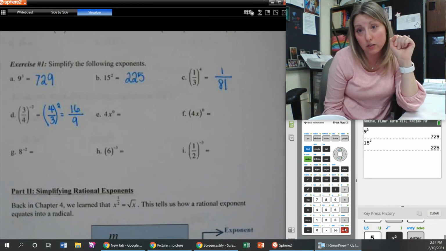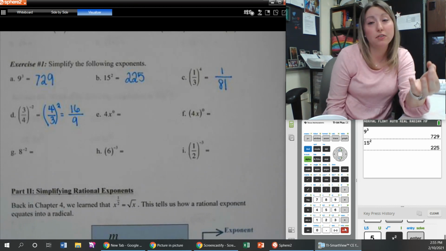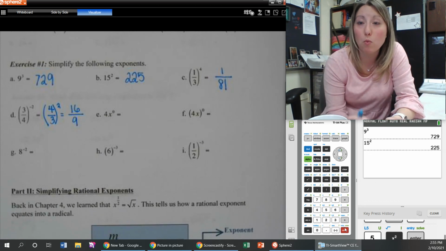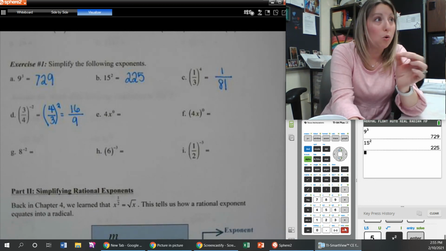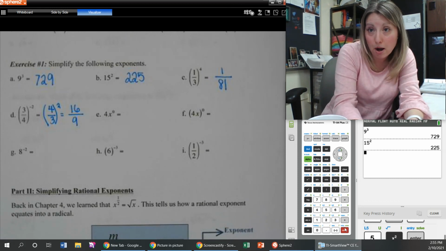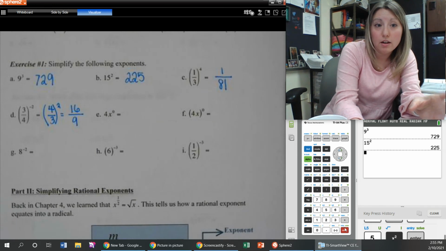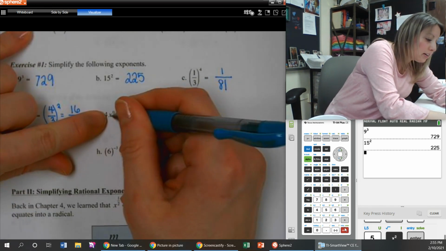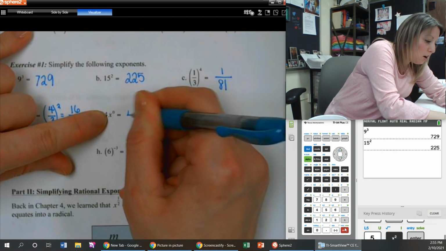What's being raised to the 0 power here? I know that anything to the 0 power is 1, but you need to be careful about what's being raised to the 0 power when you're asked to do that. The only thing being raised to the 0 power in part E is the x. The 4 is not. So this is really x to the 0 power is your 1, but you've got 4